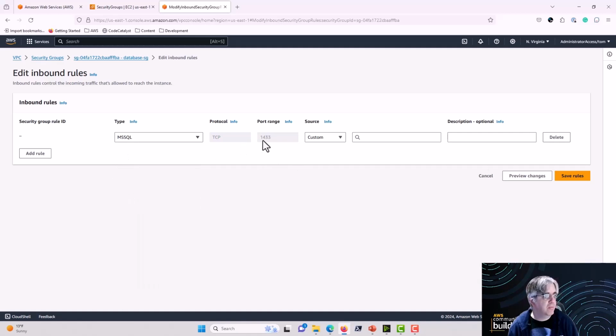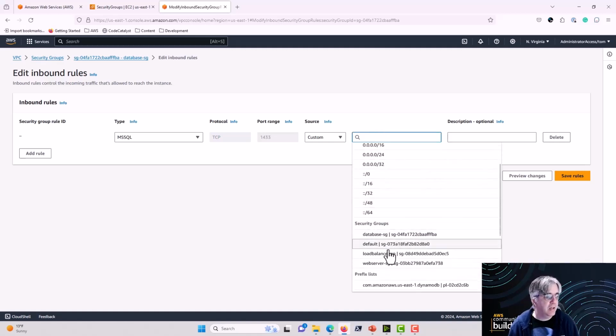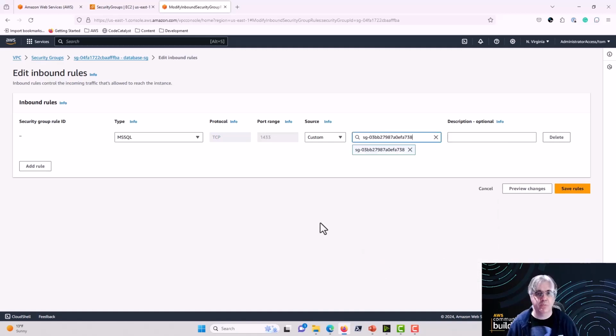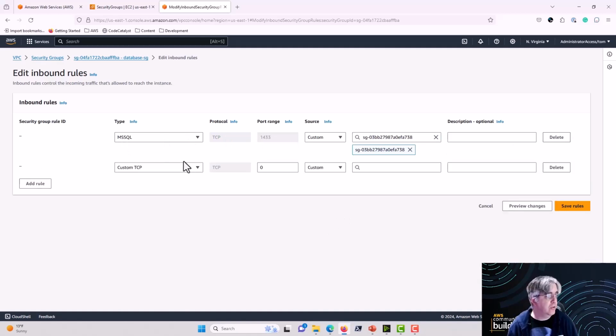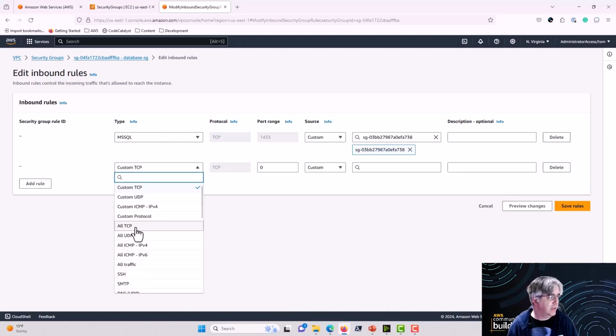MS SQL Server, 1433 being the port. What I can do is, once again, I can come down here and say, I only want to accept traffic from my web servers for SQL Server traffic. Now, what I might also want to do here is do an all traffic